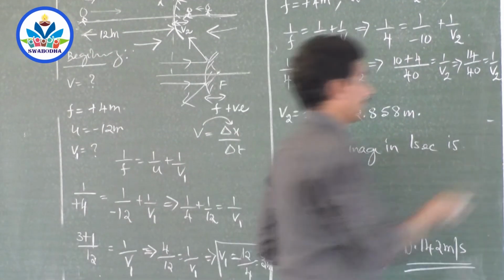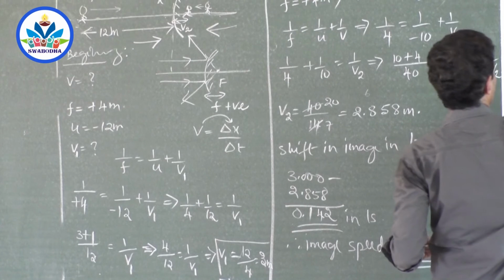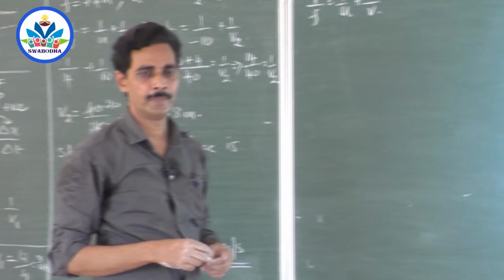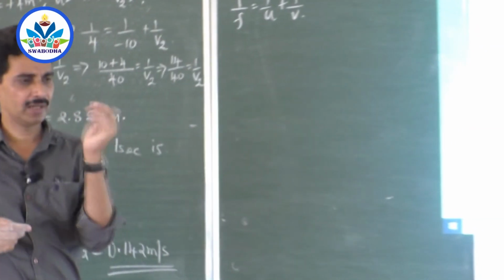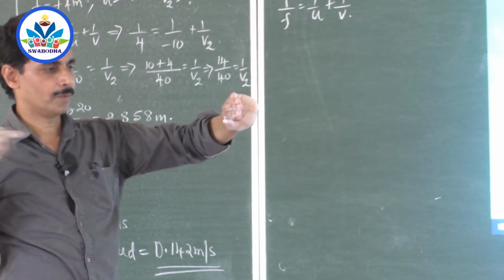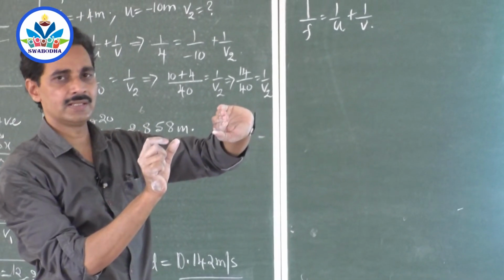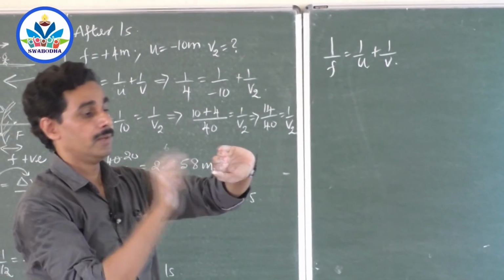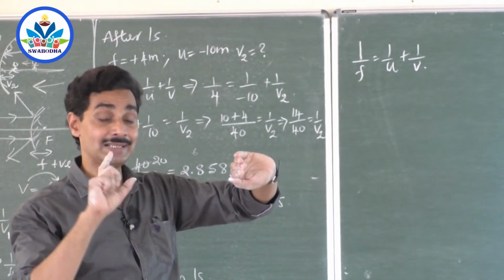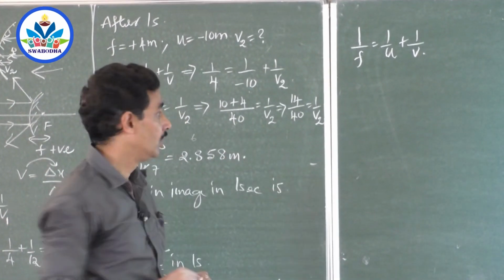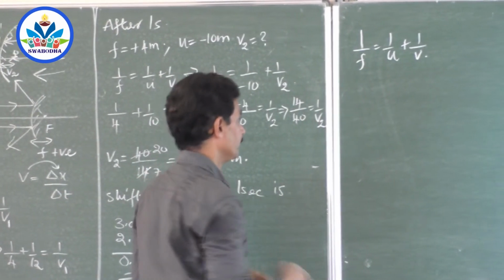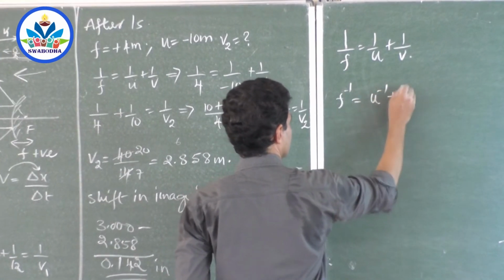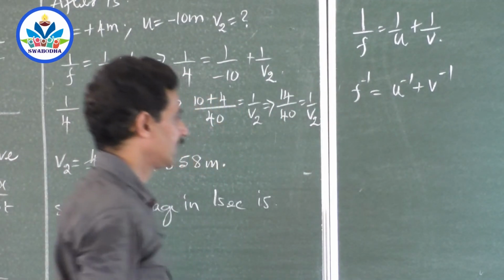I will take the equation, the mirror formula, 1 by f equal to 1 by u plus 1 by v. You differentiate with respect to time, because when you take the mirror like this, the object is running, the object distance is a variable and it depends on time. The image distance is a variable, it changes with time. But the focal length of the mirror is not a variable, it is a constant with respect to time. So how to differentiate this? Shall I write this as f to the power minus 1 is equal to u to the power minus 1 plus v to the power minus 1? So we can write it like this.